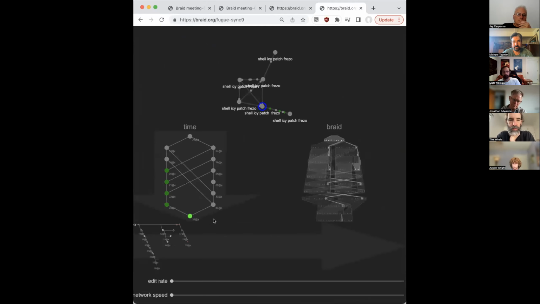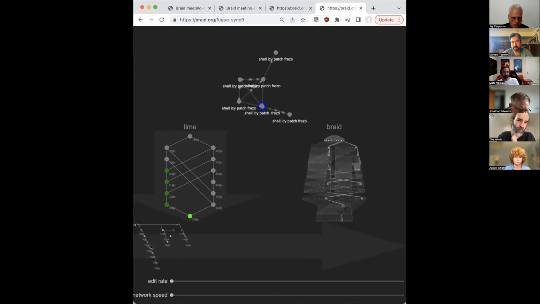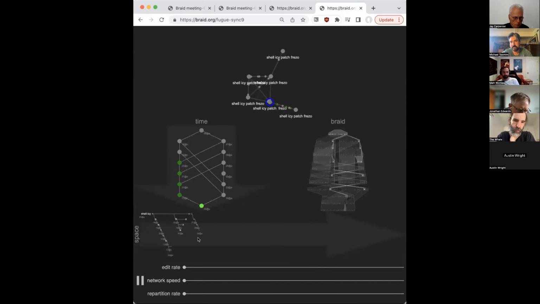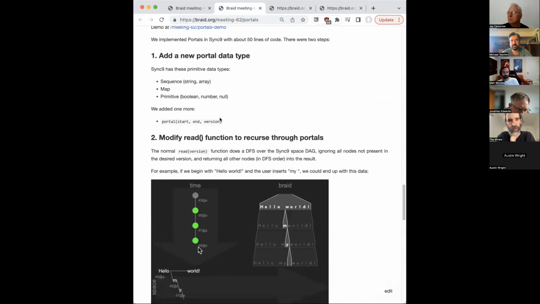If you have the time DAG plus a space DAG, that is equivalent to the Braid data. So the way we think about this is that this is the network data that communicates all the changes. Each peer then receives it, looks at the time, and computes this CRDT time collapse of space.